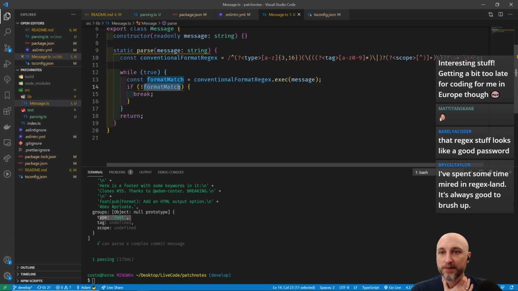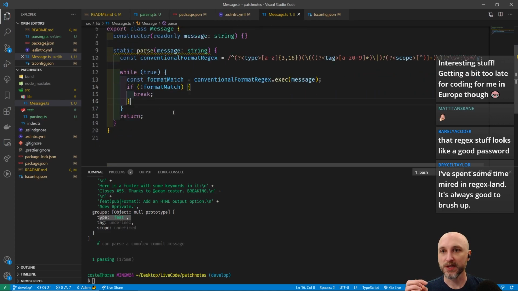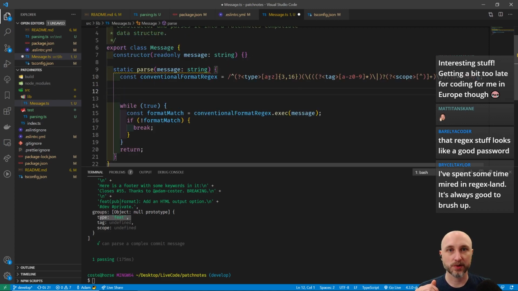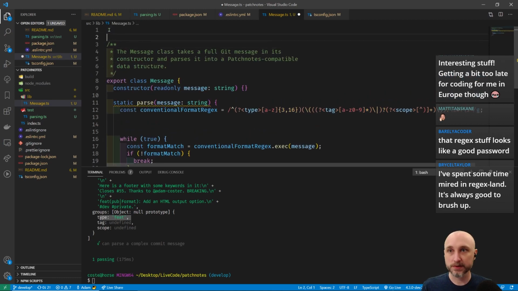Okay, so now if I'm not matching format, then I break, and otherwise, now I've got this thing that I can parse. It's got these groups on it with all these different names. So what I can do here then is create an object that has those fields in it. And actually, really, I just want that object. So what I should do here probably is create a type here that matches this. So we're going to create a type called